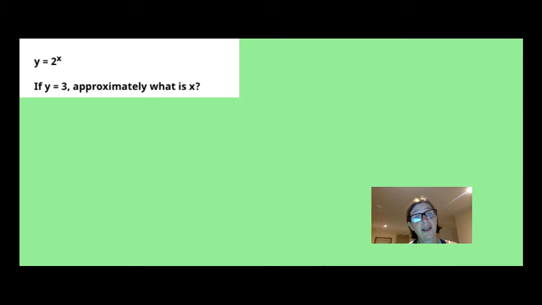All right, let's look at another example. If y equals 2 to the x and y is equal to 3, approximately what is x? So let's think about this for a second. If y is 3,